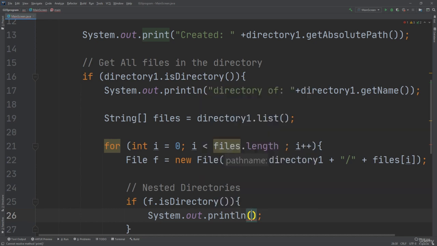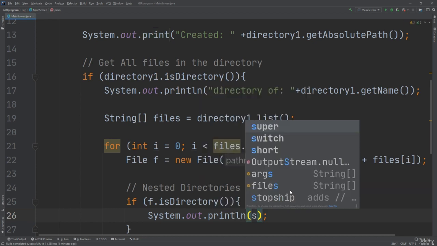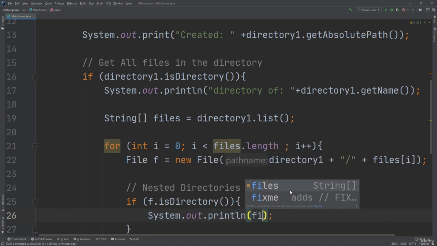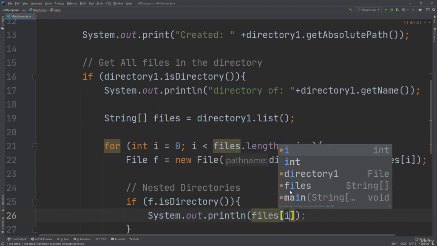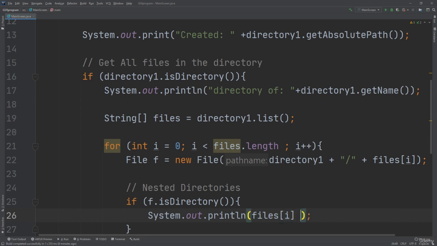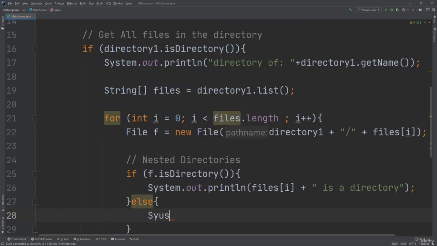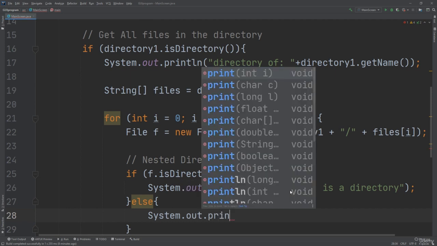So s of i, or files at index i, plus " is a directory". If it is a file, not a directory, okay, good. Just System.out.println,